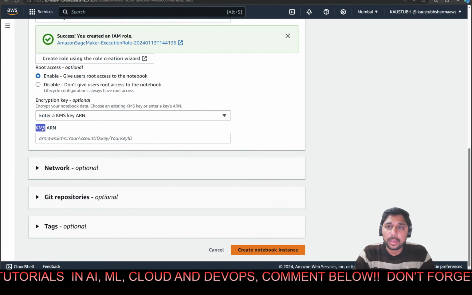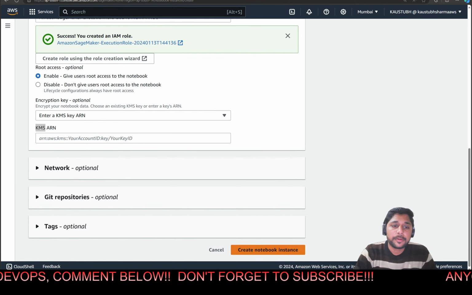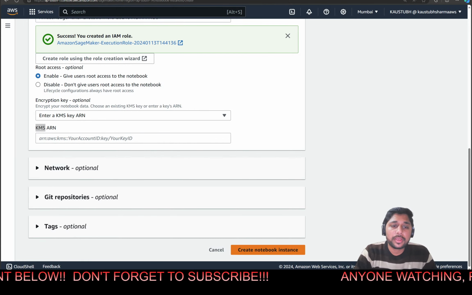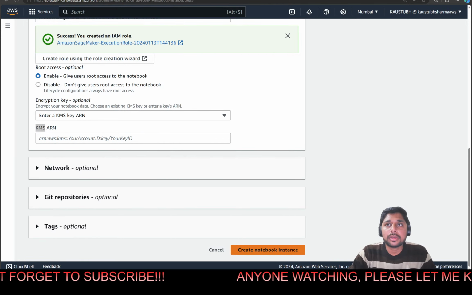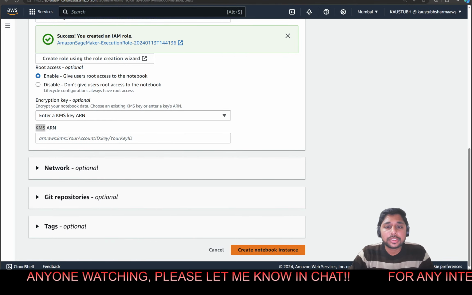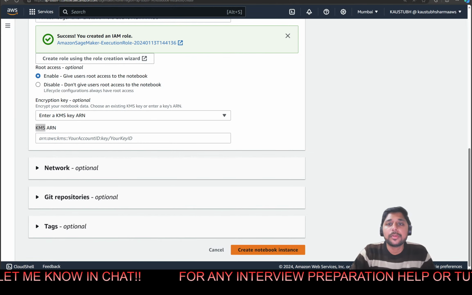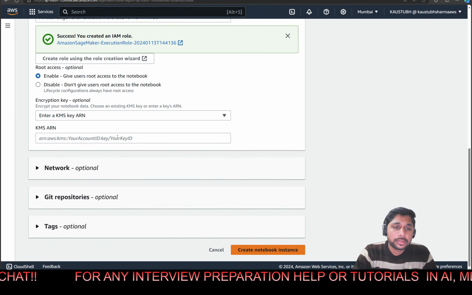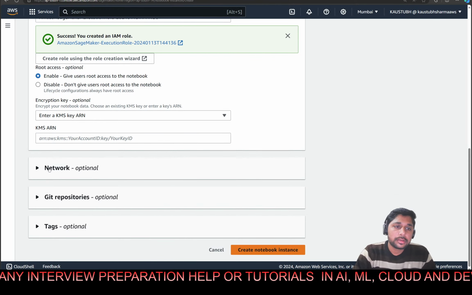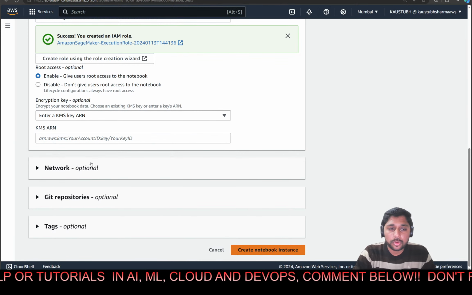It is a very useful service, and this way you can create and control these cryptographic keys which protect and encrypt your data. So you can enter that ARN, and the next three options are optional, so you can click on create notebook instance,